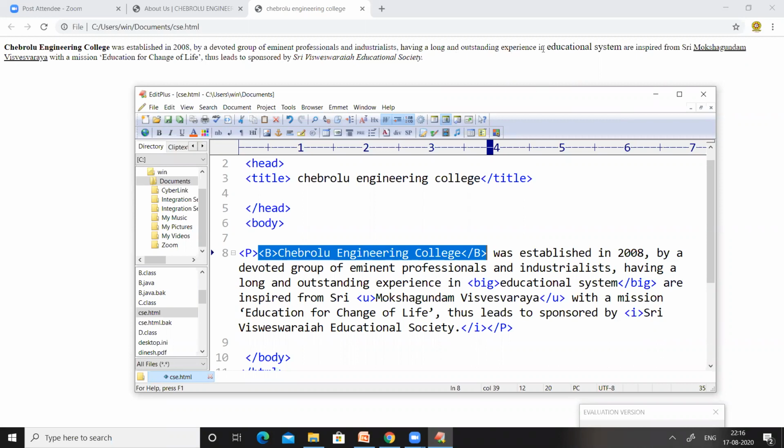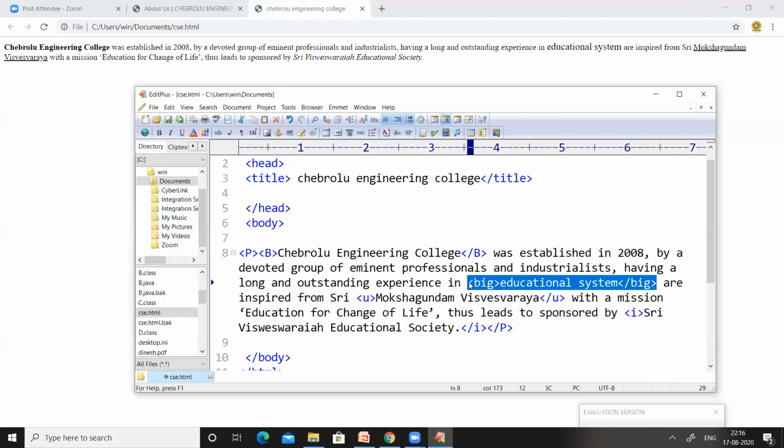It was normal text, but then educational system was somewhat bigger than the other text in the output page, because it was represented within a big tag.